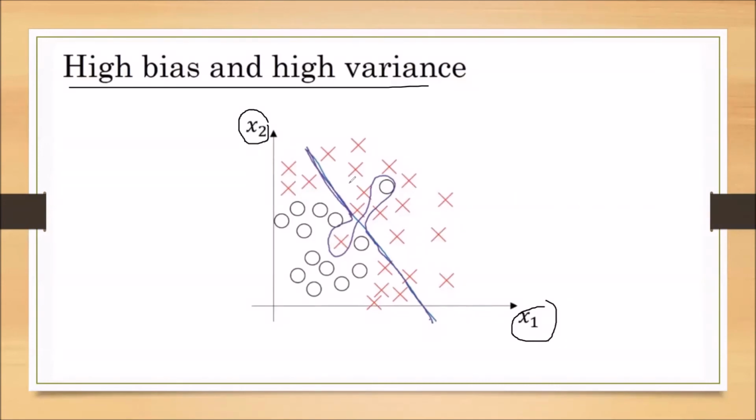is not fitted at all. Above the classifier we should get ones, and below the classifier we should get zeros, but that is not happening here. Below the classifier we have many ones, so it has a high bias problem and it also has a high variance problem. This is how we can represent the high bias and high variance problem on a graph for two